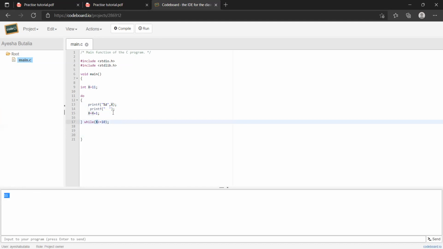So 11 got printed. Now, if I write the same code with while loop, how will I modify? I will just modify it as while, and this condition I will write here. Now let's see.